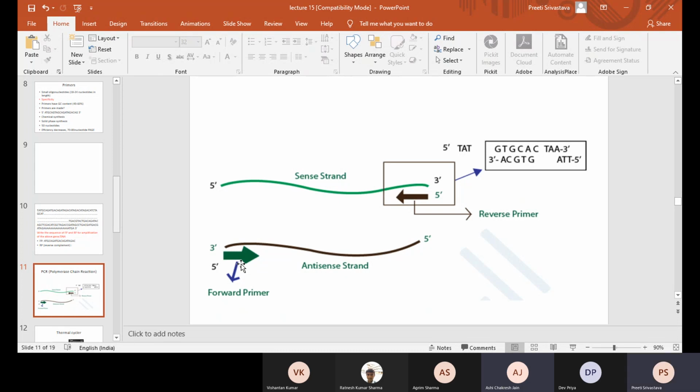No, hold on, Ashi. So I think one mistake. The polymerase doesn't attach to the sense strand, right? So are you talking about forward primer or reverse primer? Ma'am, I'm talking about the primer. Okay, polymerase would attach to the primer, right? Okay. So the reverse primer would attach itself to the sense strand, and then the polymerase will act, and the forward primer will attach itself to the anti-sense strand. Yes. And now explain what's the forward primer?